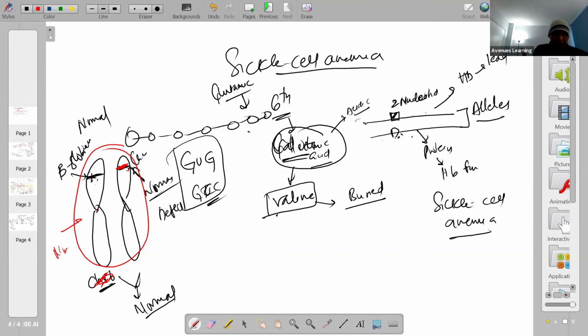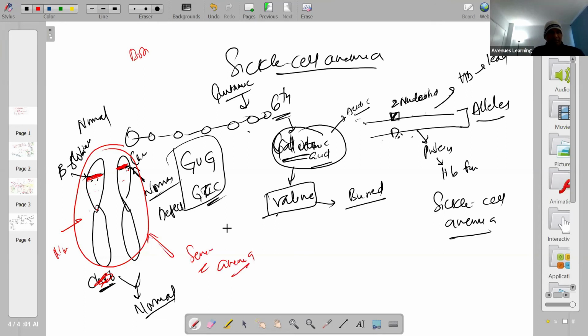All you need is one copy. In most instances, all you need is one copy. If you have one good copy, that's more than enough. One copy is defective, that's fine. But imagine if both the parents had the defective ones, then the person who's getting this will show severe